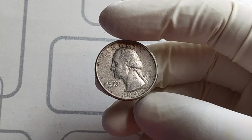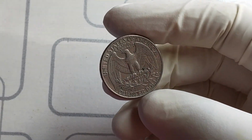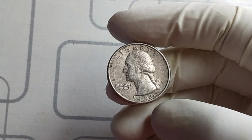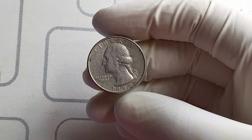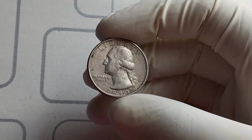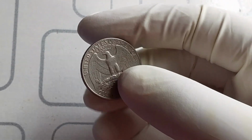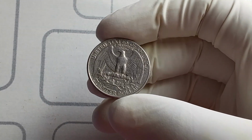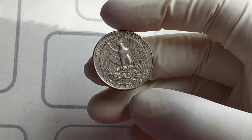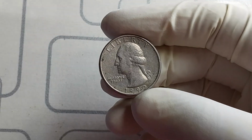For the 1990 D quarter, one of the most famous varieties is the off-metal strike error. There are reports of 1990 D quarters struck on copper-nickel planchets intended for other denominations. These rare mistakes are often authenticated by grading services and sold to serious collectors for staggering sums of money. Combine this with a coin in nearly perfect condition and you have the recipe for a coin that can sell for hundreds of thousands of dollars. Now let us take a closer look at why the 1990 D quarter in top grade is worth